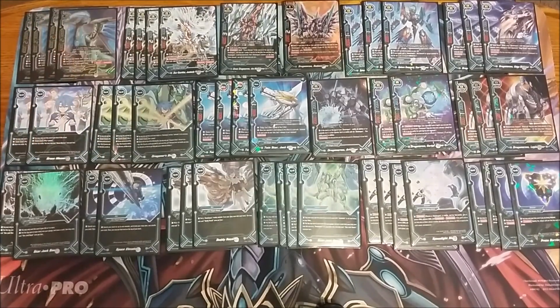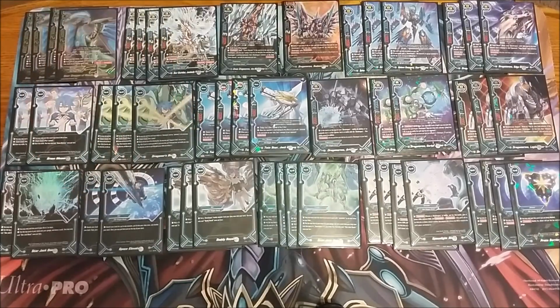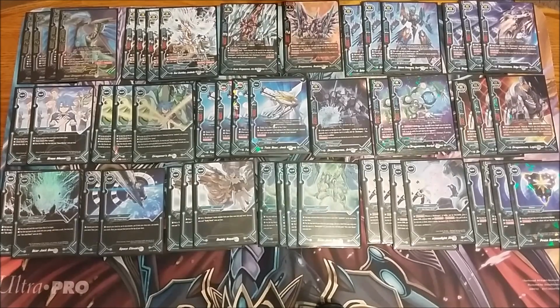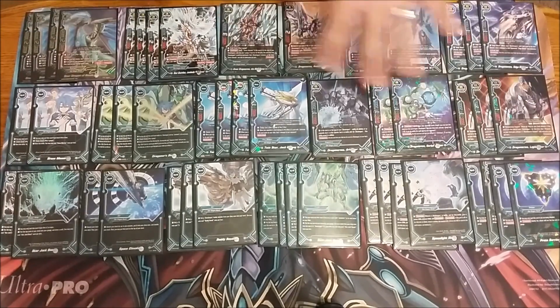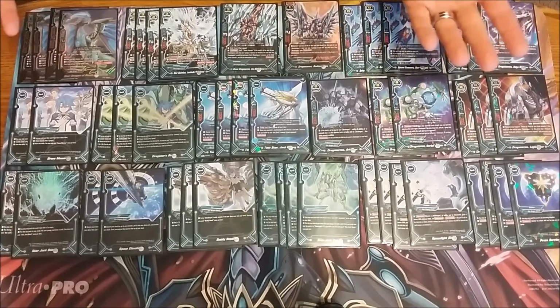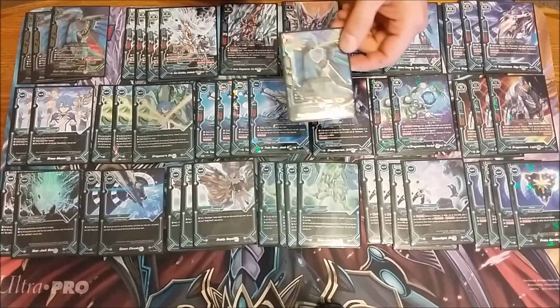Next, I run 2 copies of Space Elevator. This is probably one of my favorite spells in this deck, just because you cast this, you can search your deck for any monster, and you can either put it in your drop zone or on top of your deck. So it opens up a lot of plays. You can either put any Drago Arms you want into your drop zone to get into the soul of your Jack, or you can, if you know you have a Jack on field, right, and you know your opponent's going